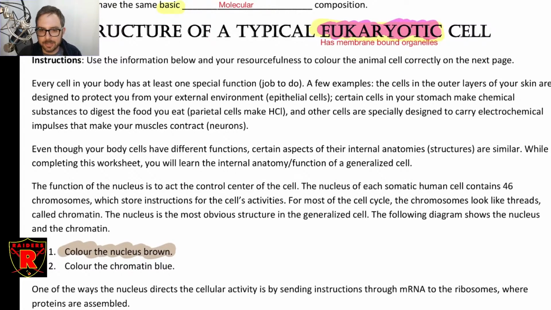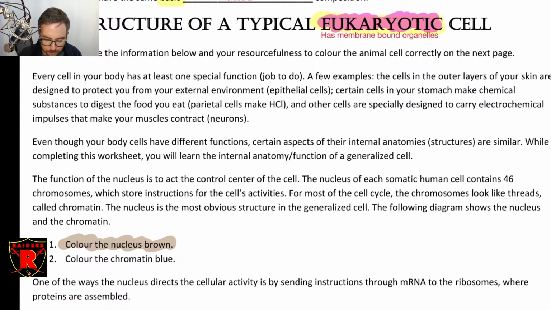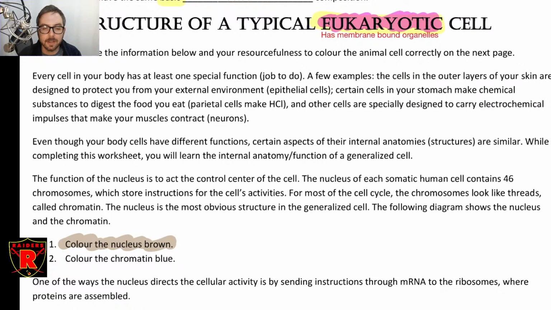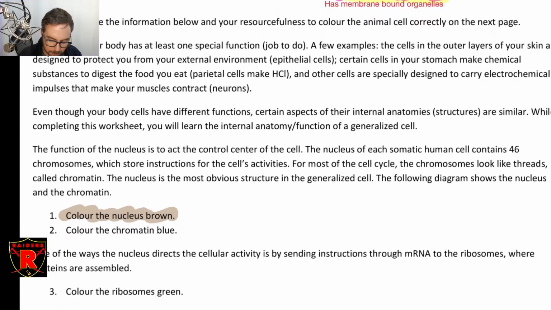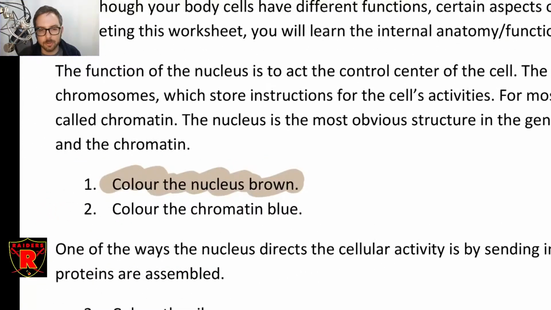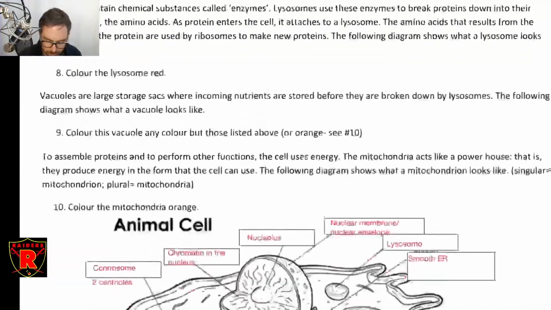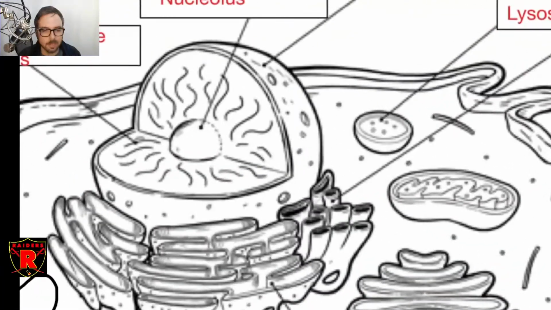I am going to get you guys, when we're done here, to read through this. Okay, so this is just a summary of what an animal cell has inside of it and what each of those parts does. Okay, the organelles and their function. It's framed as a coloring book. Coloring books are a memory tool that works for a lot of students. So for example, you go through, you read about the nucleus, and then it says, color the nucleus brown. So you go down to your cell, you find the nucleus, and you color the nucleus brown.